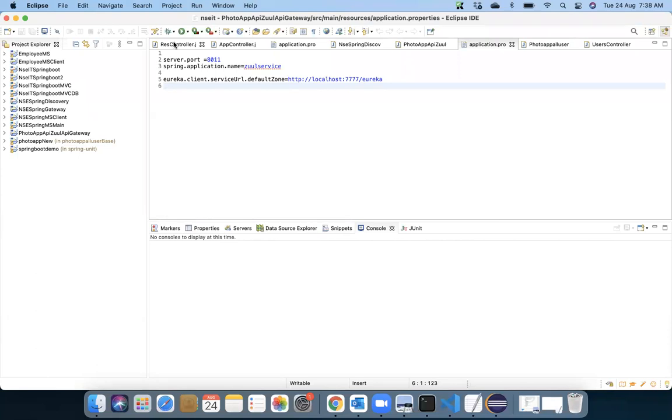Okay, so yesterday you remember we had an application which was running perfectly fine with the help of API gateway. Do people have any questions regarding this API gateway?